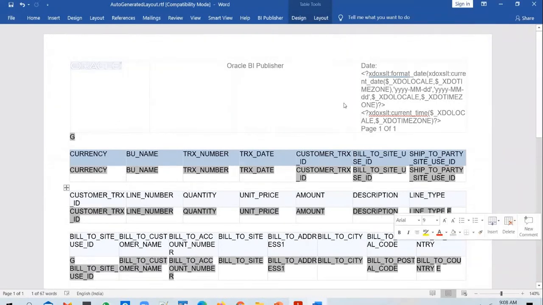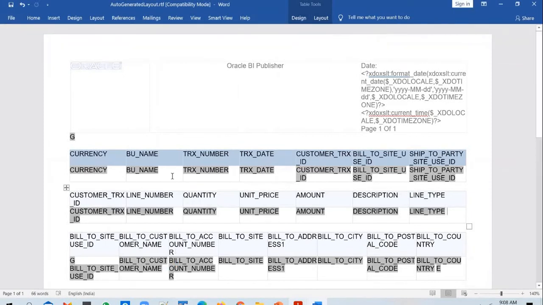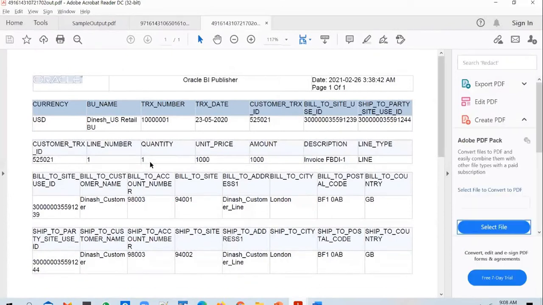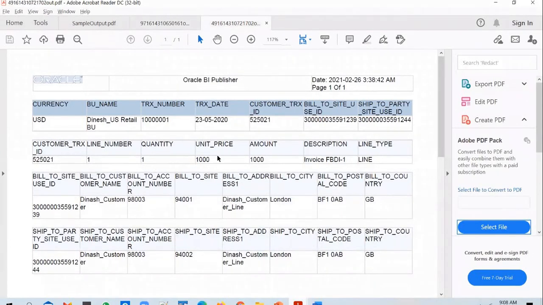So if you take out this for each tag, let's see how it works. Let's see what happens. If you take out this for each tag and generate a PDF output, what will it do? You're not letting it know that there could be multiple lines to loop through. So what does it do? It will just print the first line and it will come out of it, right? So that is the usage of for each tags. If you use for each tags, it will loop through all the lines and it will print both the lines. And if you don't use for each tags, it doesn't know that it has to loop through the group. It will print the first line and it will come out of it.